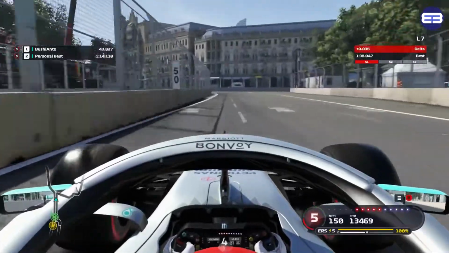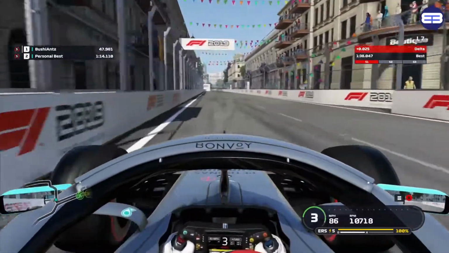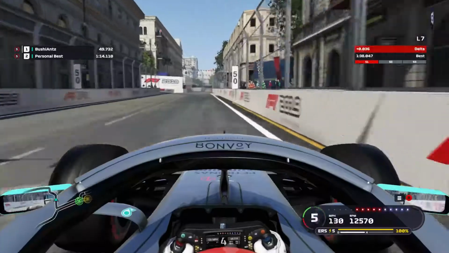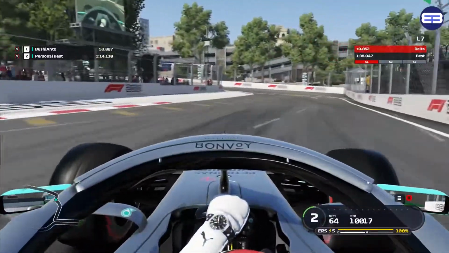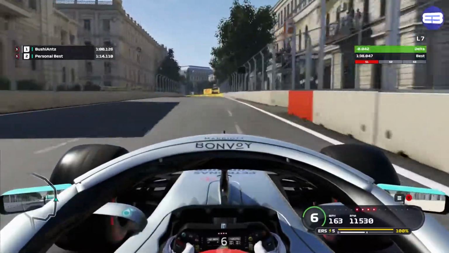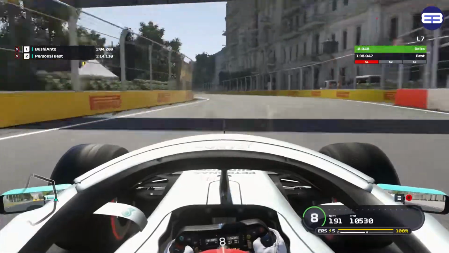And then now we're coming into what's probably one of the hardest corners in the entire calendar, which is turn 8, and usually I brake at the second to last F1 logo there, and I usually brake about 70%, as you've seen in the little clip there. Really, I don't have much of a braking reference there. I tried to see where I was braking in terms of this clip here, because honestly I just winged it, and to be honest